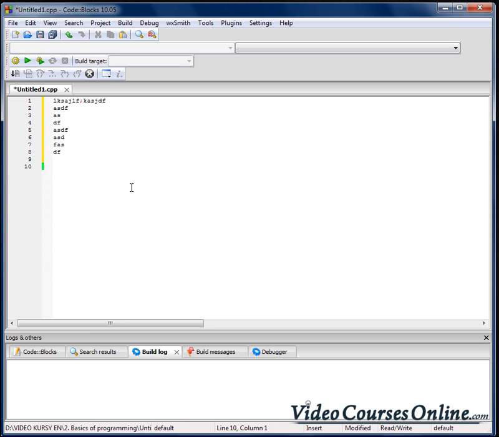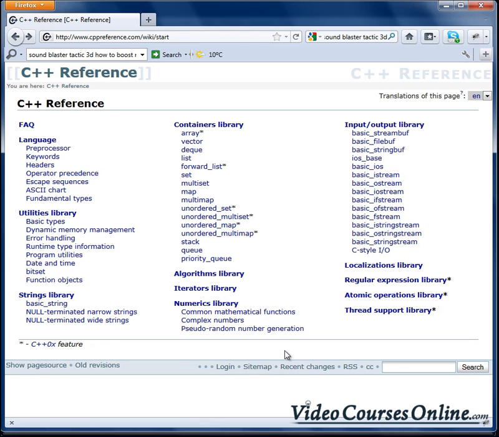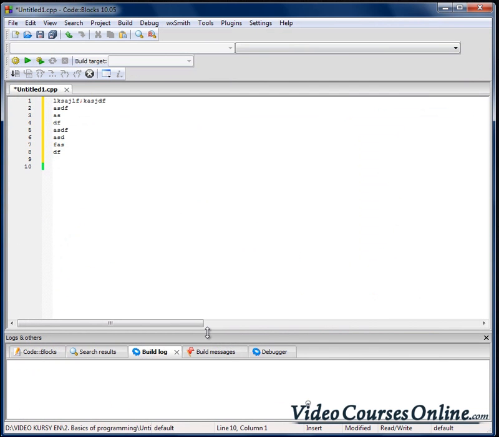Sure, we can also create libraries, but that topic is a bit advanced. There are many libraries that we can use for free. Some of them are on that website. You can find many others using a search engine, like for example Google. Okay, but how to use a library? If we want to use a library, we have to write hash and the word include, which means we are adding a library.